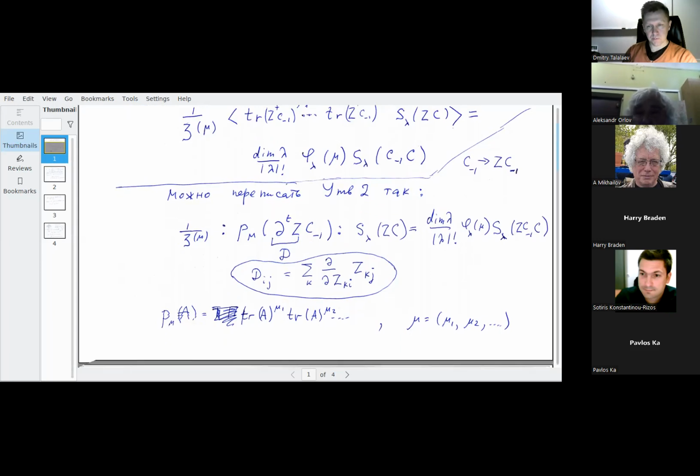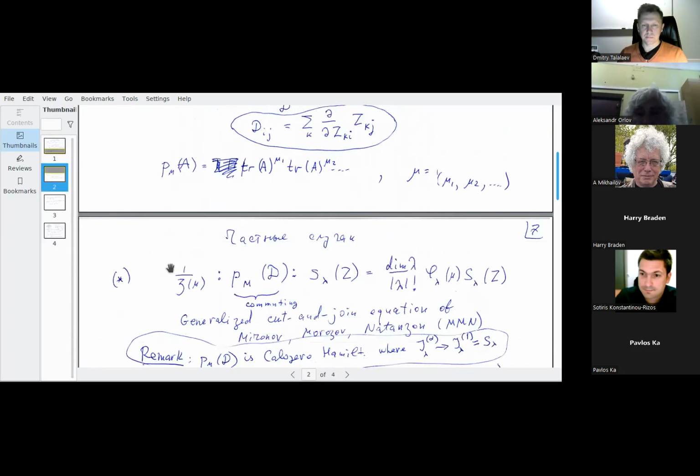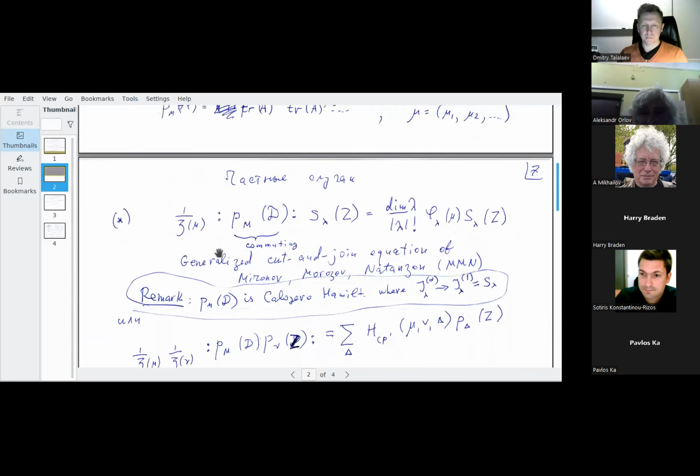Now, if we consider all this C equal to 1, both this C minus 1 and this C, then we have an eigenvalue problem. We have the Schur function of Z, evaluated on matrix Z, it is a character of the linear group element Z, and here we have some eigenvalue. You see? Here I repeat, it is important that the weight of this partition is equal to the weight of this partition. Okay? So we have this equality,